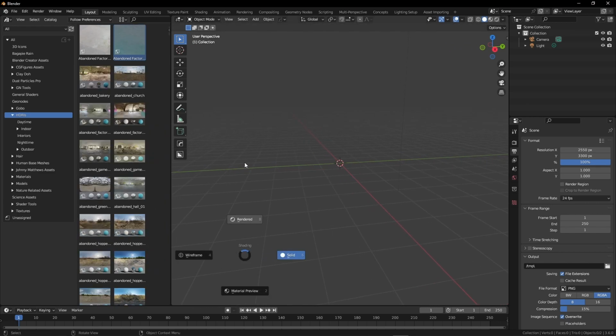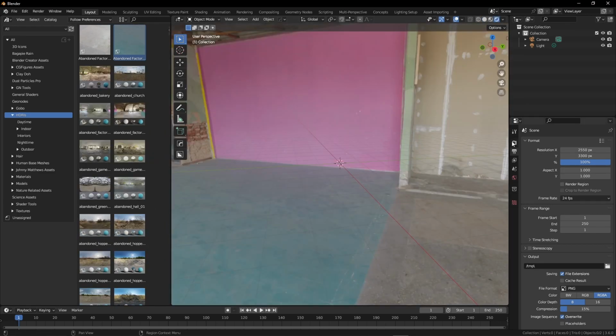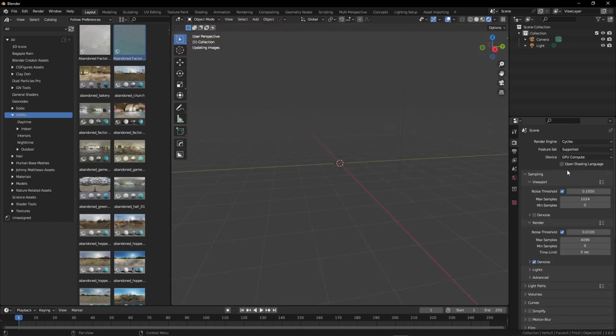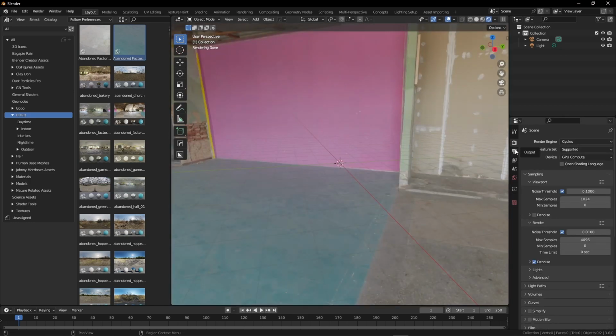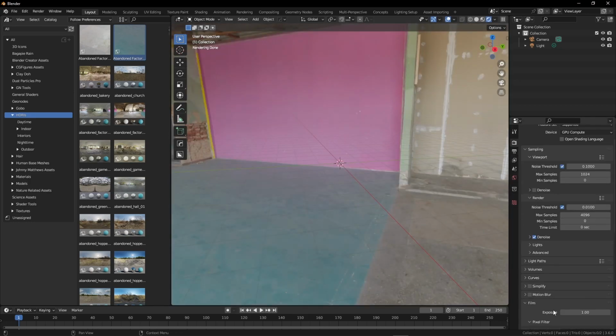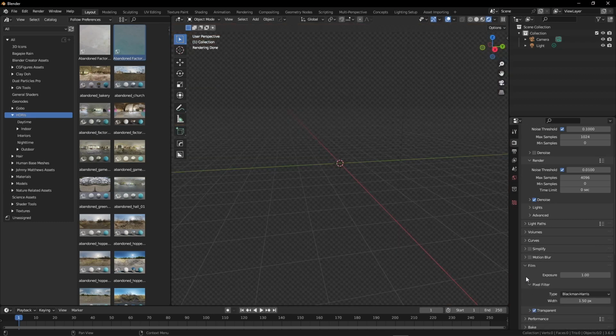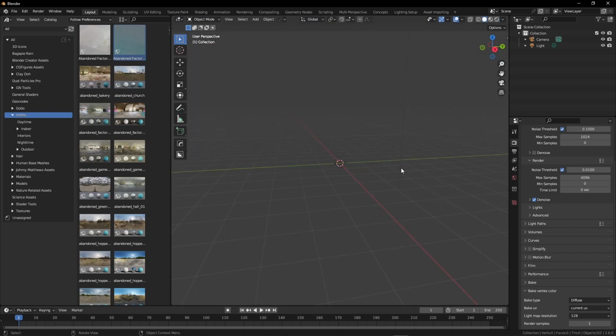If I were to come to the render view now, you'd be able to see that. Let's see, are we in EEVEE or Cycles? We're going to use Cycles again, just because I tend to prefer it. And I actually don't want this background. I'm going to go ahead, come to Film, make it transparent. So now we're ready to go ahead and import our human model, and we are going to do that by